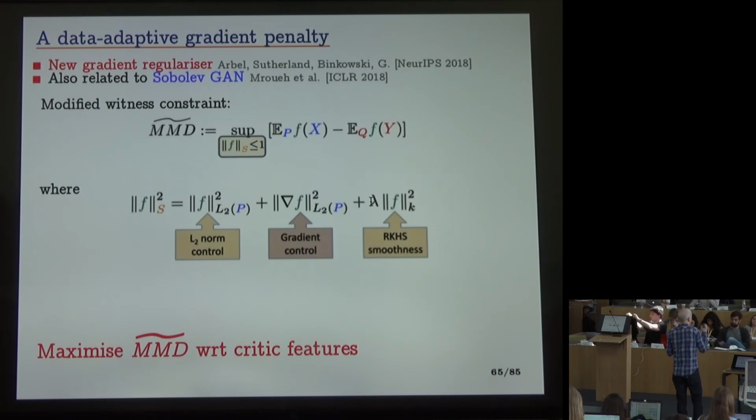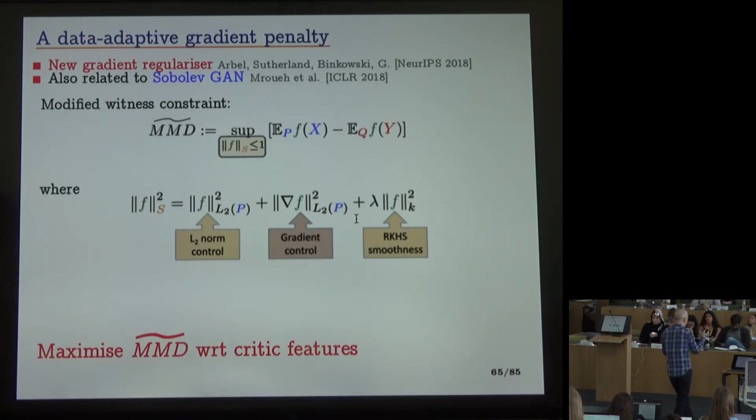And again, there is no theory guiding us in setting this. What we found in practice was in the early stages of the optimization, it was important for these first 2 terms to dominate. So we had lambda small. In the later stages of the optimization, it was important for the last term to dominate. So as we optimized, we would inch up our lambda a little bit. It makes sense in the sense that these first 2 terms determine the structure of our kernels in the early stage of the optimization, and we want to control the smoothness of our witness function,